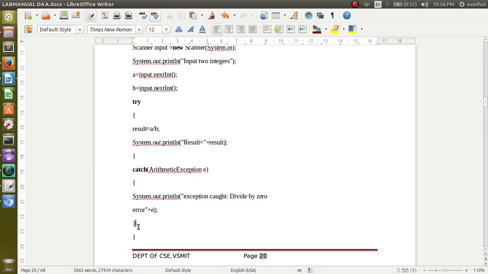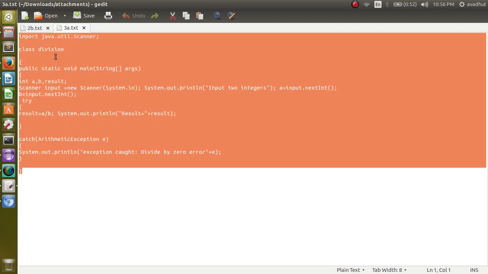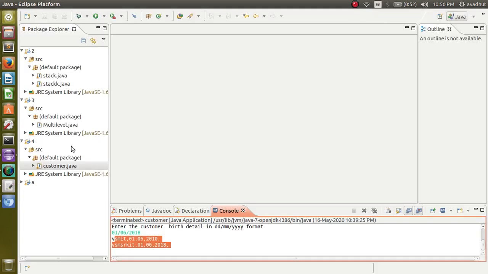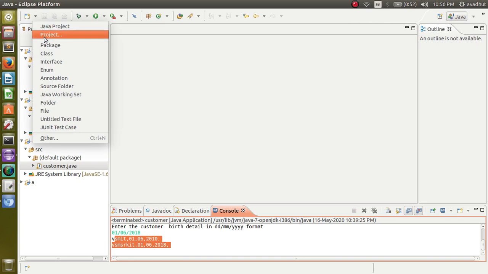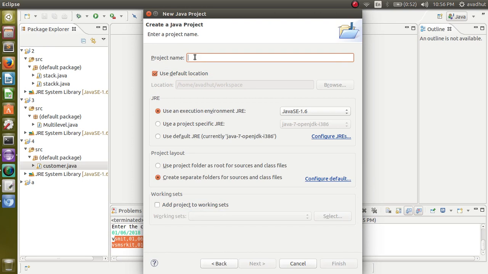This ends the main program, and this ends the class. This is quite a small problem. Let us execute this now. Here again I am creating a new project. The Java project name is 5th program.